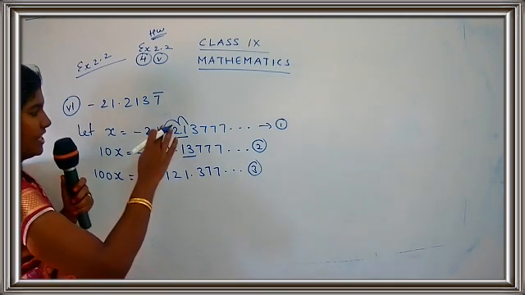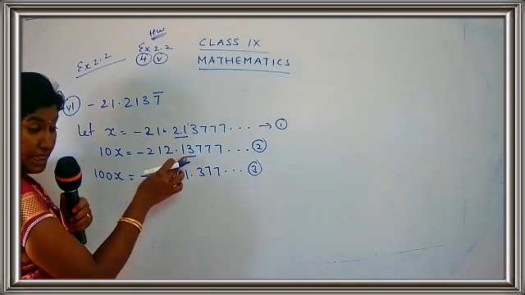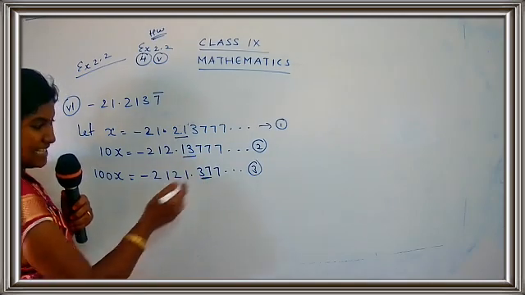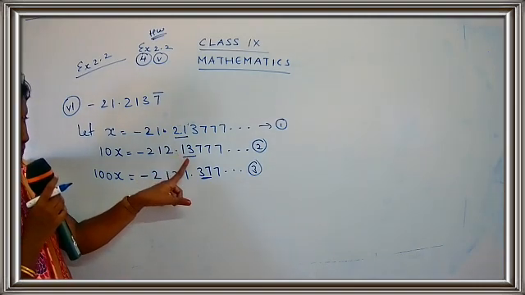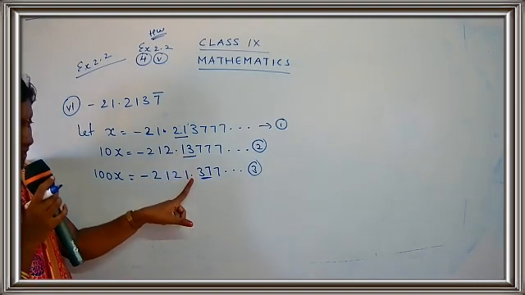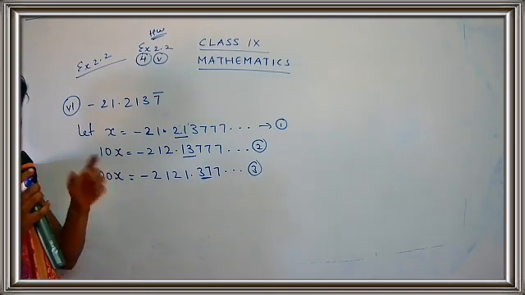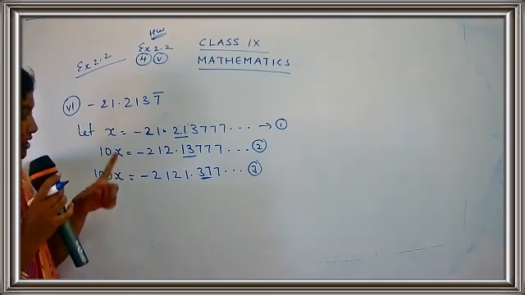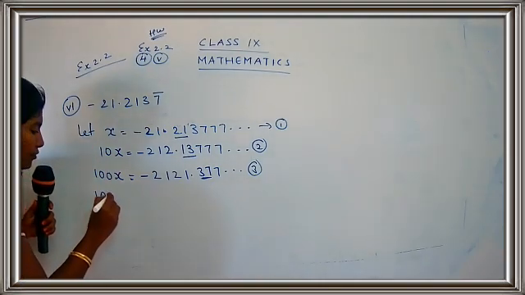Now let's check the numbers after the decimal point. What is the number here? It's 13. And what is the number here? It's 37. Again they are different. Yes, children, see. The number after the decimal point is 13, and here it is 37. So they are different, so we will not get the answer 00. Okay, so we are going to do one more step. What are we going to do? We are going to find out